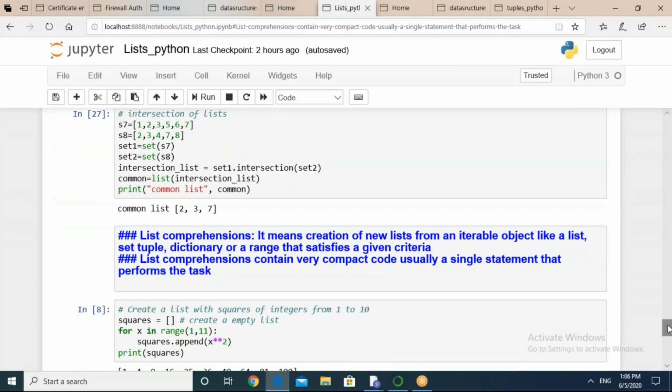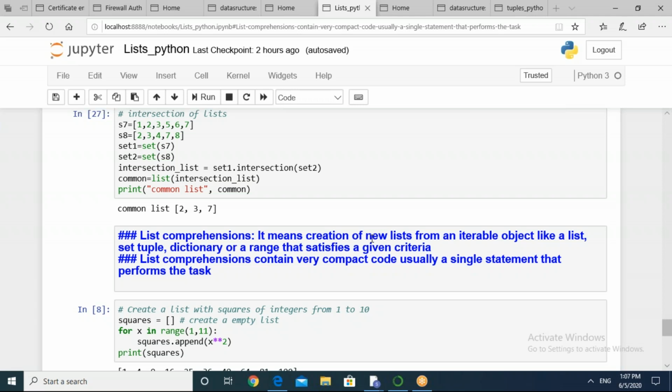So one very interesting thing I'm going to share right now is about list comprehensions. List comprehension means creation of a new list from iterable objects like a list, set, tuple, dictionary or range that satisfy a given criteria. As I said, Python gives you an upper hand in doing compact coding. So list comprehension is nothing but a way to create a new list from another iterable object.